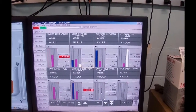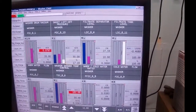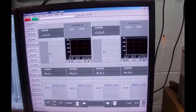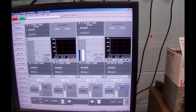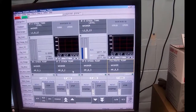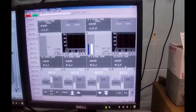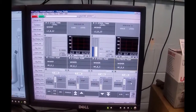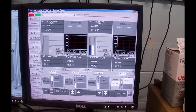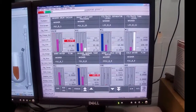Okay, next thing we got is a filtrate separator which is full of filtrate. So I need to turn on the filtrate separator pump, and I go back over here to pumps. The filtrate pump is that guy, which should be in manual. When the computer gets rebooted, everything goes to automatic for all these kinds of blocks, and I need to have them in manual so that I can manually control them. Okay, filtrate pump is running. And if I open the valve up,